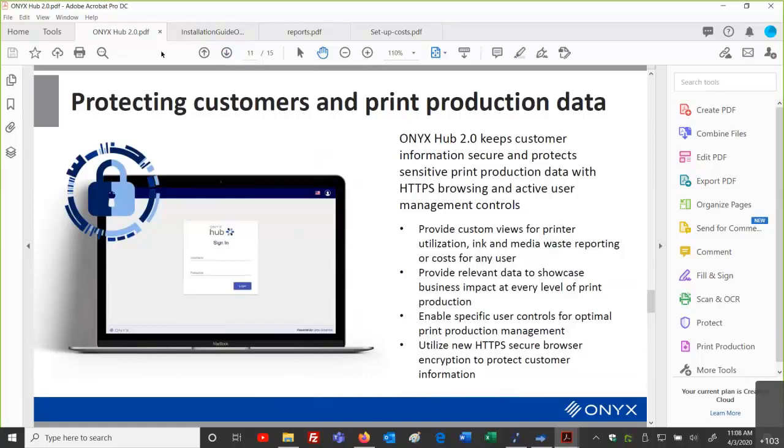Again, we keep this information secure using our HTTPS secure browsing methods. When our users log in, we're going to be able to grab this relevant data at that live print level of information in a secure way. Some people want to be able to access this from shop to shop globally. Maybe it's not just everything in one location. You have a sister plant or sister company that you're working with across town or maybe in a totally different state. This allows us to access that and work with this in a global sense.